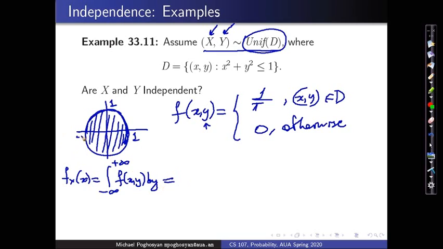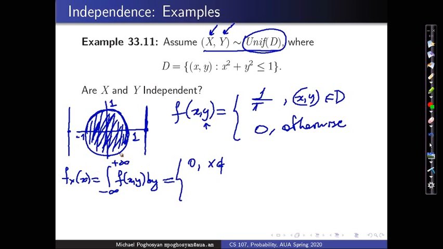If this is minus 1, this is 1. If my x is here and I'm integrating over this line, or my x is here and integrating over this line, I will have that the integral is 0, because this is the support of f. Outside of this region, f will be 0. Say at this line it will be 0, at this line it will be 0. So this is 0 if